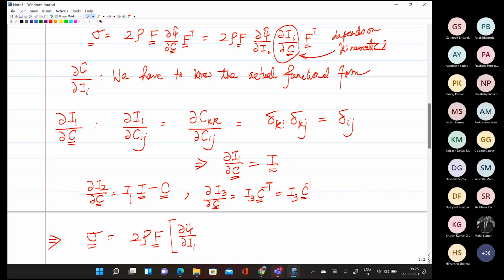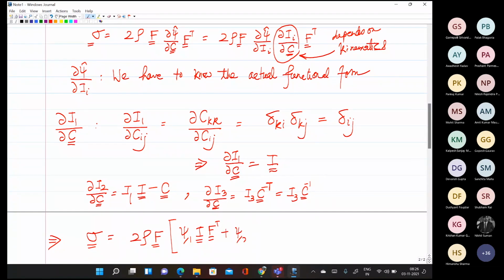For this I will use a shorthand notation. I will say it is psi comma 1. That means derivative with respect to first argument, psi comma 1, into identity times F transpose